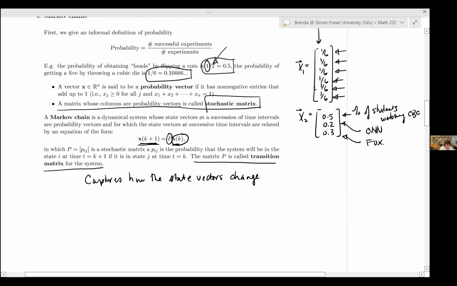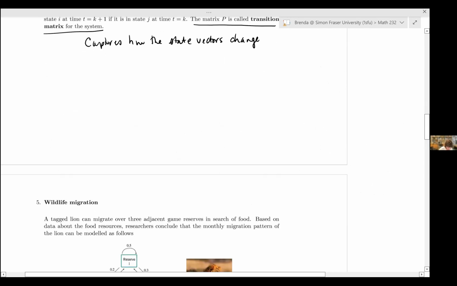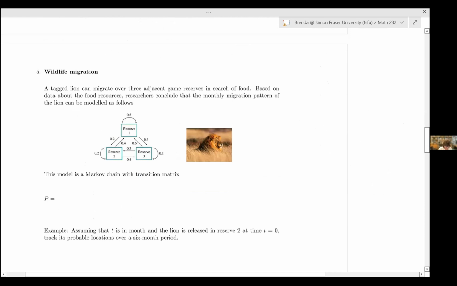Okay, let's just see an example. I think this becomes pretty obvious with an example. Wildlife migration. Here we've got a situation where some lion can go to 3 different reserves in search of food. Somebody's been studying lions, and they realize that if a lion is in reserve 1 at some time t, there's a 50% chance he's going to stay there. That's what this indicates. There is a 30% chance he will depart for reserve 3,